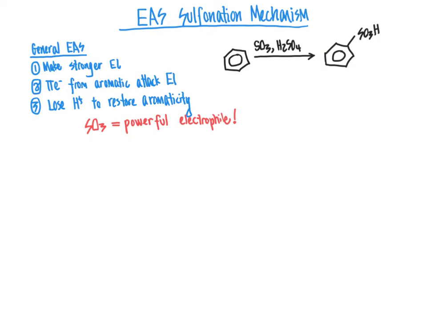Now, do keep in mind that we have SO3 and H2SO4 present in the reaction mixture. And so what is actually present is that, rather than SO3 being just SO3, there is an equilibrium going on where our sulfur trioxide is reacting with the acid like so. So I'm going to go ahead and draw out my SO3, sulfur trioxide. Sulfur can exceed the octet rule, and particularly in these inorganic compounds, it often does. And so I'm drawing out my sulfur trioxide,